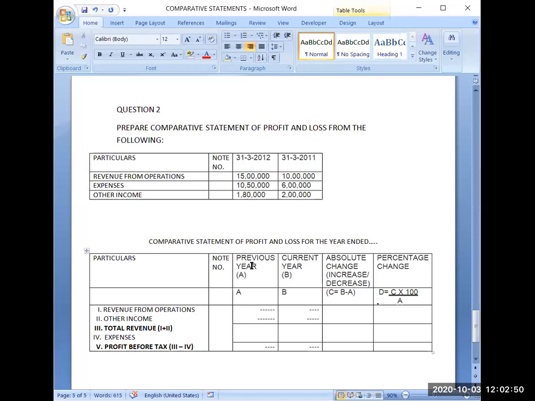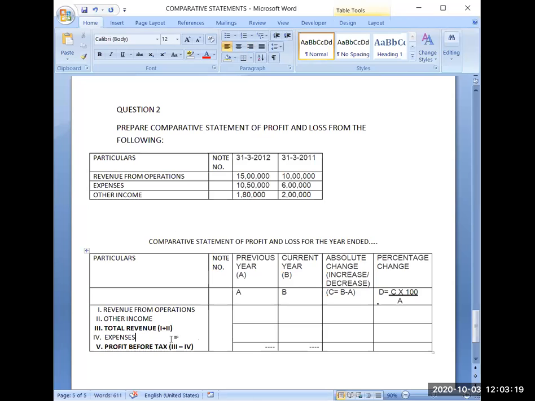Revenue from operations is given. So what I will be doing simply is writing it out. Let me show you the amounts and how to write them. But you have to make the proper format. See, this time the proper format is not given, only information is given. So that's why I have modified the format as per the profit and loss which I practiced in the morning. Revenue from operations plus other income, then I will get total revenue.